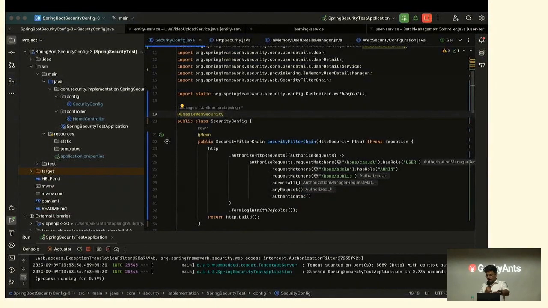So, as you can see, this is a Spring Security class. I have annotated this class with @EnableWebSecurity, so by default it enables security on our application. I have created a bean with SecurityFilterChain, and it takes the HttpSecurity parameter, and later I'm using this HTTP object. I'm using authorizeHttpRequests, and then using a lambda to define those endpoints and